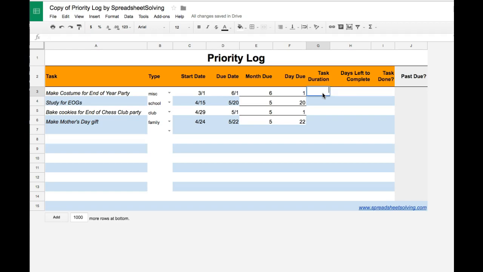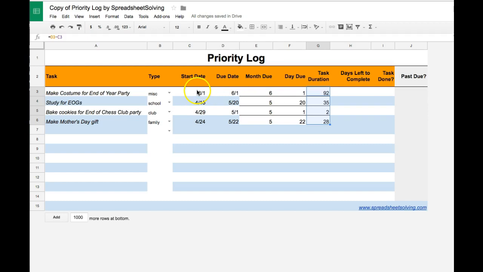Not working for me. D3 minus C3. Put an equal sign in front of that, and let's see what happens. We get 92 days, which 3 months would be about 92 days. Okay, so if we pull that formula down, we see that